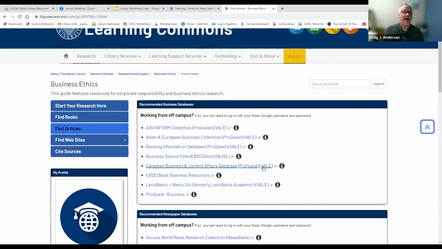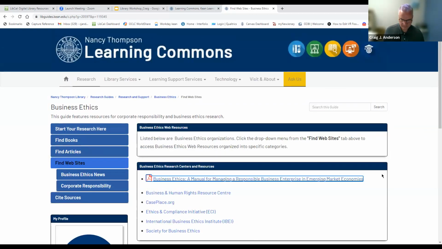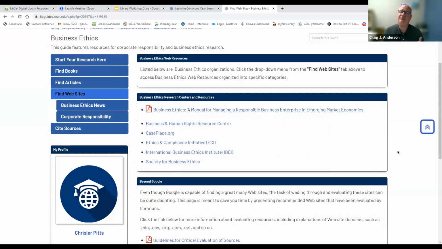And then on all of these research guides, we also have websites that you can go to. Ordinarily, you're not really expected to go to just free sites on the web, because we assume anything free on the web was probably done by, you know, a guy living in his mother's basement, just making stuff up.